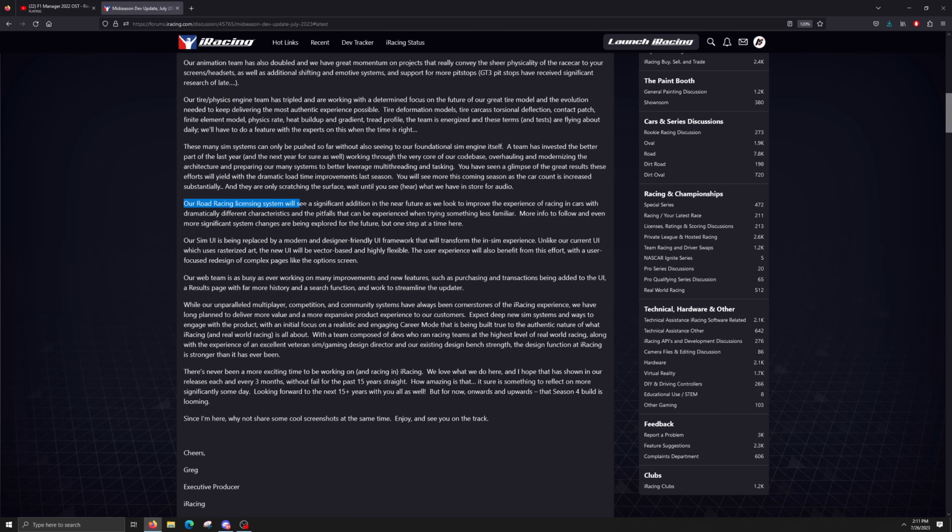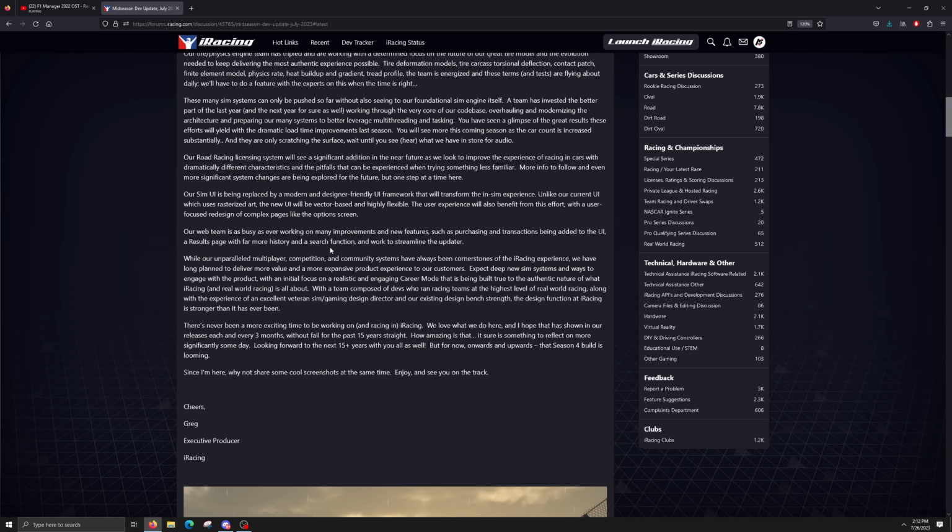This is interesting. I think they're talking about splitting road into open wheel and tin top, but I'm not sure what they're doing here. It's interesting that there's a change coming into the licensing system. The InSim UI, so this is the camera controls and all of that, they are changing that up. And